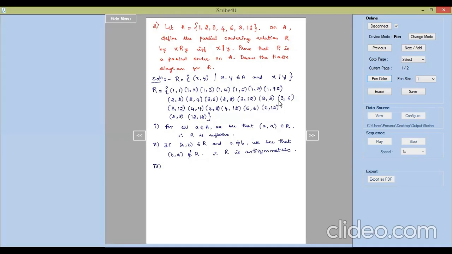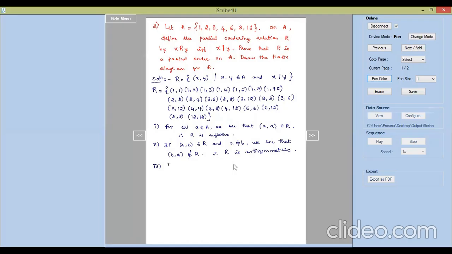3, 3, 3, 6 gives us 3, 6, which is there in R. Then 3, 6, 6, 12 gives us 3, 12, which is there in R. So like that, we can observe for all the elements that it is satisfying the property of transitivity. It is just an oral observation always, and we put the definition, because for the ordered pairs existing in R, we cannot keep on writing for everything. It becomes very tedious, so we just avoid all of them. We just do the oral observation and conclude that it is transitive.